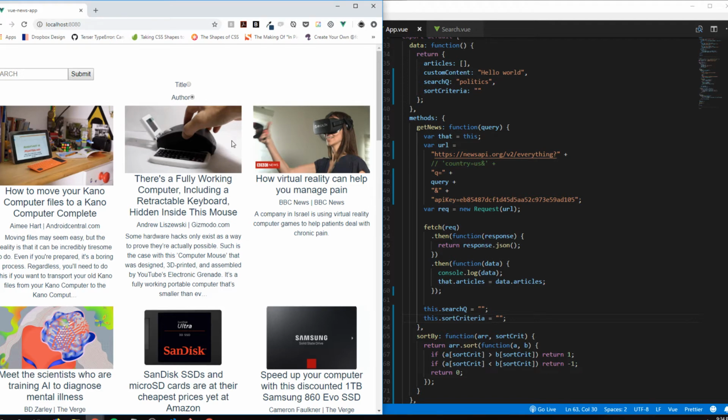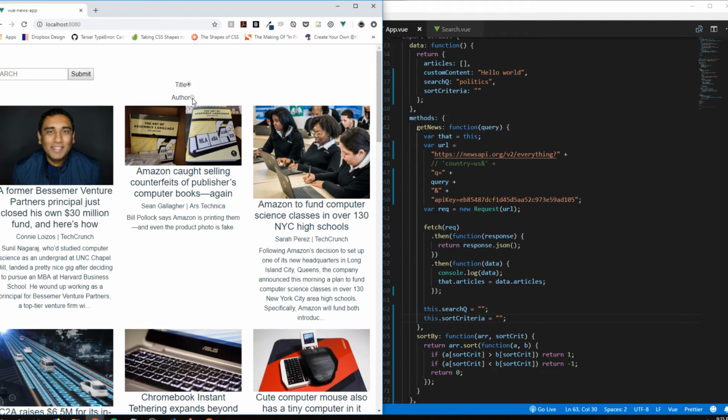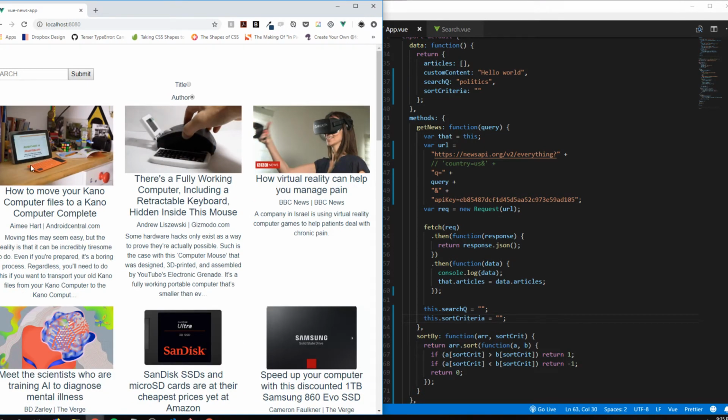Okay, so if you wanted to make this more impressive, more compelling on your own, you could add a clear button to clear your sorting criteria. That's easy enough. But remember, it would need to do more than just uncheck either of these inputs. It would also need to return the unsorted list of articles according to whatever search query you had been looking at. So you have to think, if you put in a query like technology